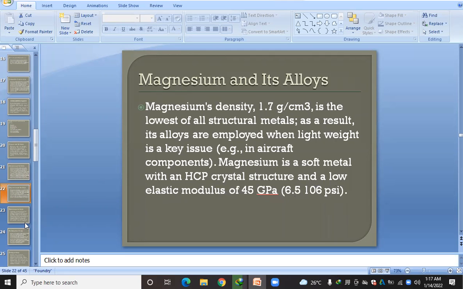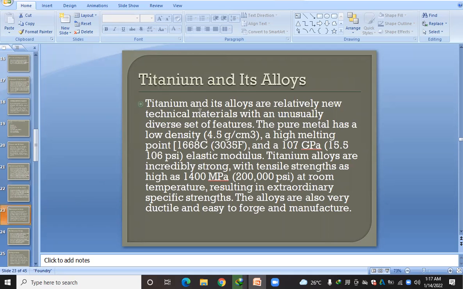So next is titanium and its alloys. Titanium and its alloys are relatively new technical materials with an unusually diverse set of features. The pure metal has a low density, 4.5 g per cm cubed, a high melting point,